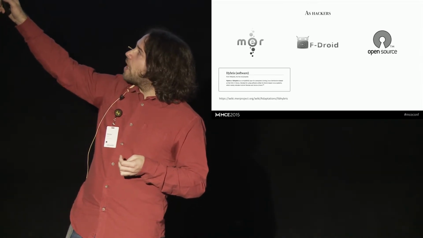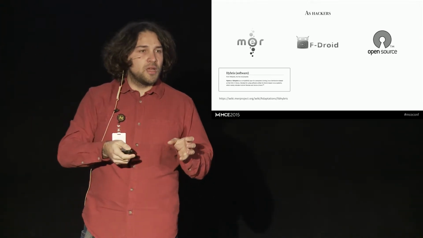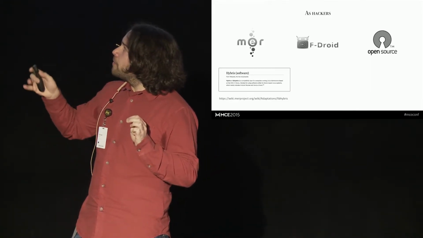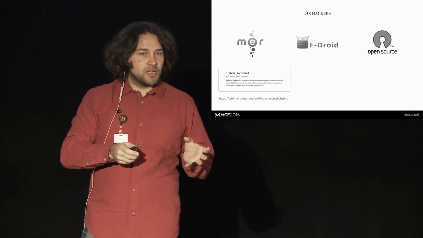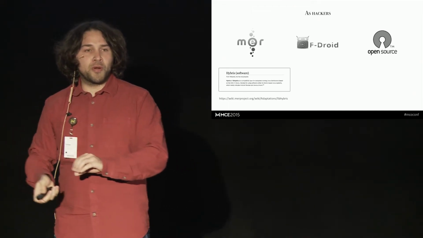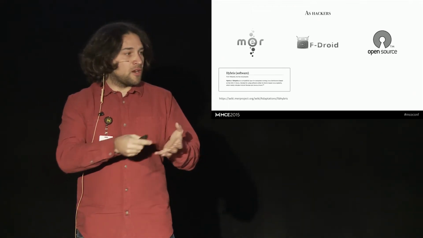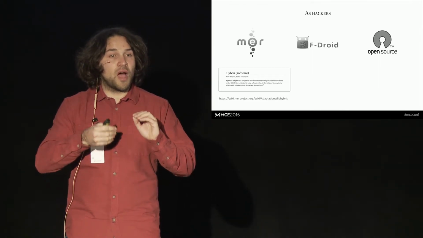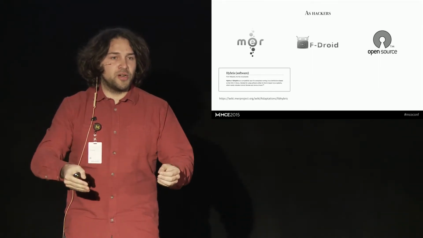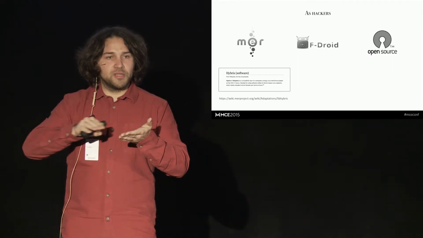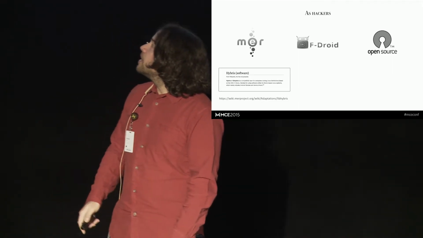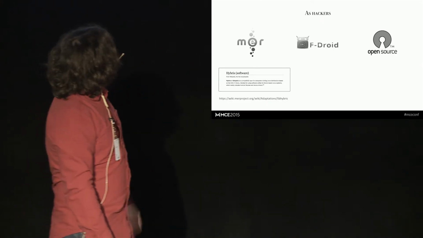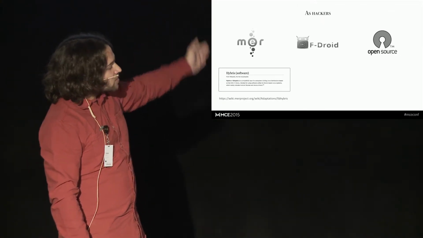Hybris is a library that can reuse certain binaries that are used in Android phones and reuse them for other operating systems. So basically, you can take an Android phone and put another operating system on it without having to force the manufacturer to give you the binary blobs, the drivers. And MER is an operating system based on Linux. I'm gonna go directly to why I put the open source logo there.